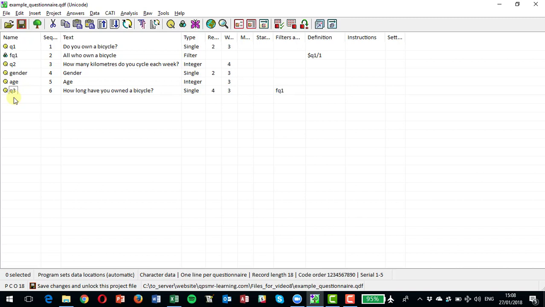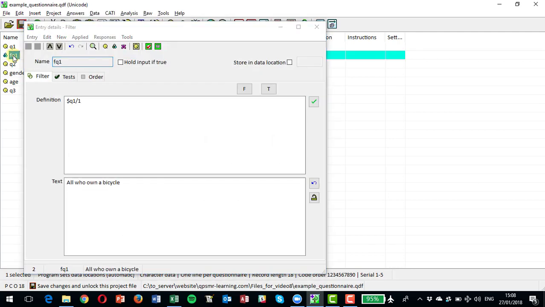The other way of defining filters is to actually use some syntax, and I think, generally, if you're a regular user of QPS, that is probably a better way to go. It takes a little bit more learning, but I think it has some advantages. So that filter we had at FQ1 there,